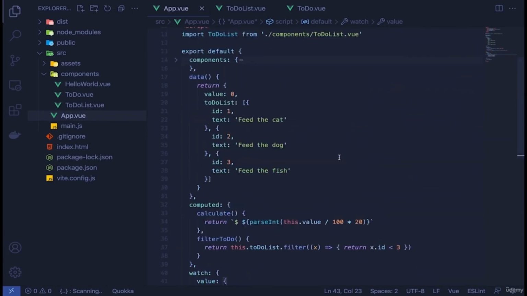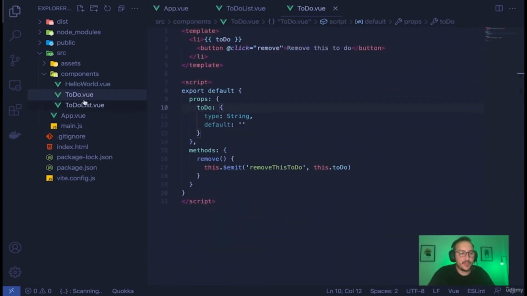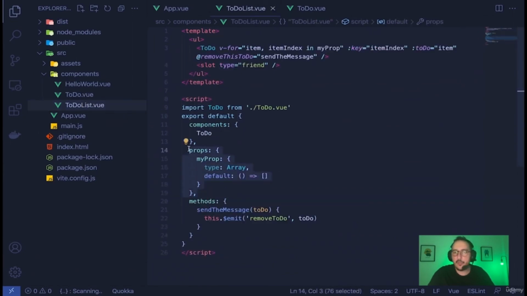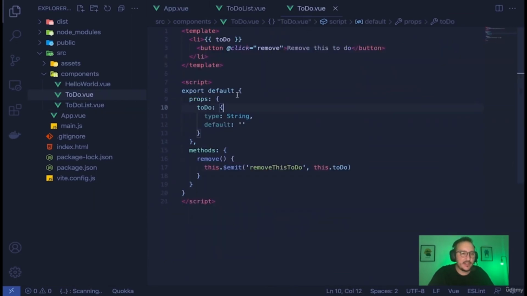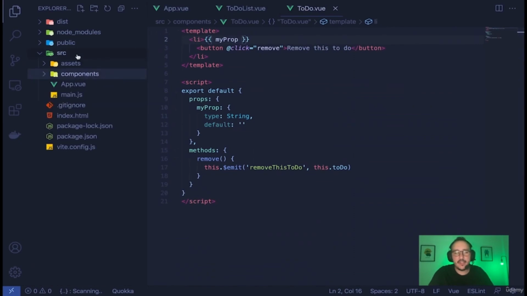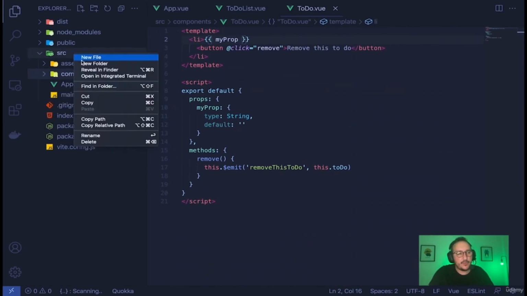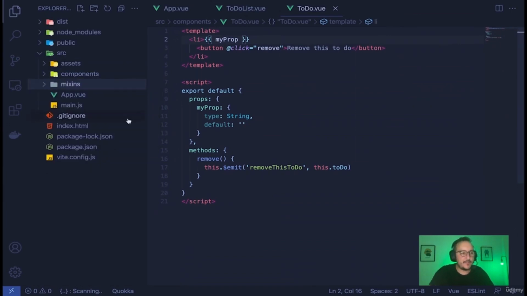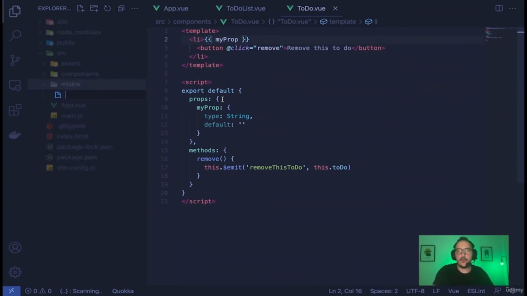Let's say that you have several components in here, and every component will have the same prop name, and you don't want to write my prop all the time. So let's say in here, instead of to do, you also got my prop, and my prop. And let's say both of them, you don't want to write them in here. What you want to create is what we call a mixin. So basically in source, you are going to create a new folder called Mixins, and in here you can create a file called, for instance,